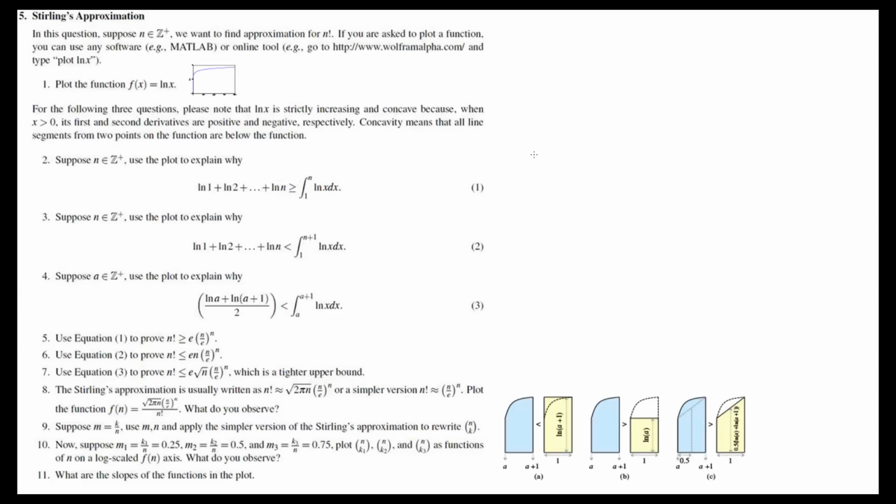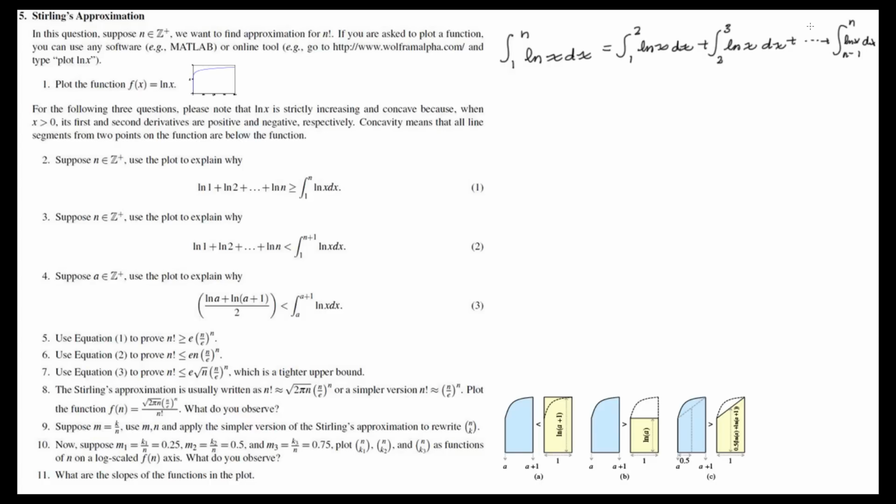In part 2, we're asked to use the plot to explain why the natural log of 1 plus the natural log of 2, and so on up to the natural log of n, should be greater than or equal to the integral between 1 and n of natural log of x dx. First, let's note that we can write the integral from 1 to n of natural log of x dx as the integral from 1 to 2 of natural log of x dx plus the integral from 2 to 3 of natural log of x dx, and so on, up to n minus 1 to n of natural log of x